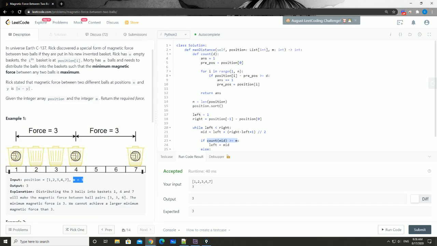And to fit in the balls, we use the greedy way of doing it. Basically, we try to fill in the balls as early as possible until we cannot fit in any more. Things like this,